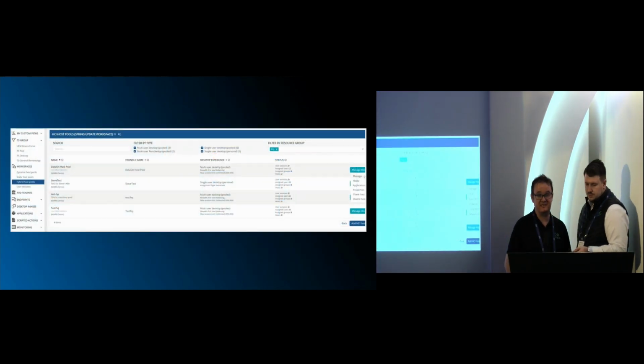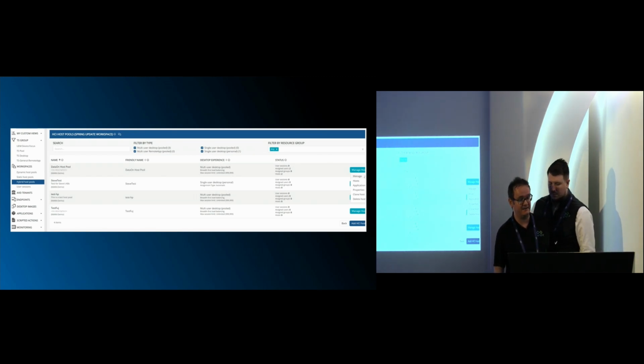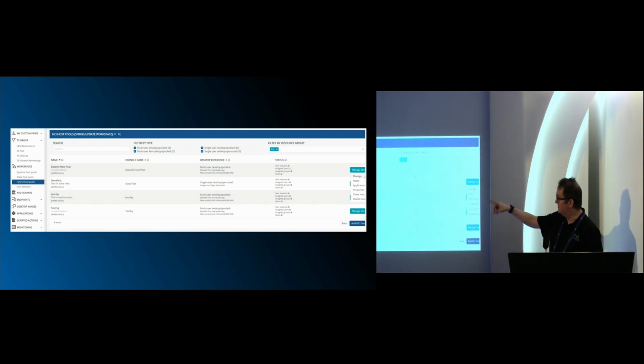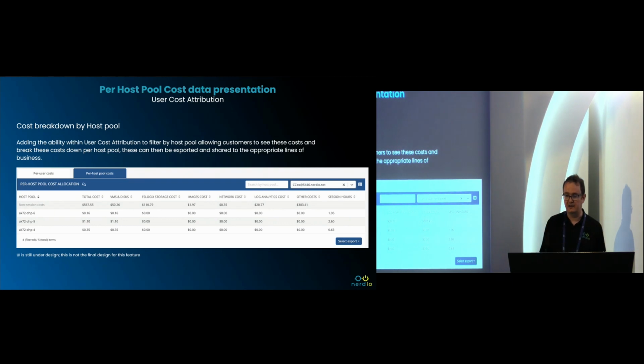No, just we've seen a lot of interest in HCI, so I'm personally very excited for it. Okay, and this is what the HCI host pool looks like inside Nerdio, like any other host pool. So you don't care from a Nerdio perspective, it's just another host, so you can manage it exactly the same way as you would, whether it's a single session desktop, multi-session desktop, whatever, doesn't matter. Okay,